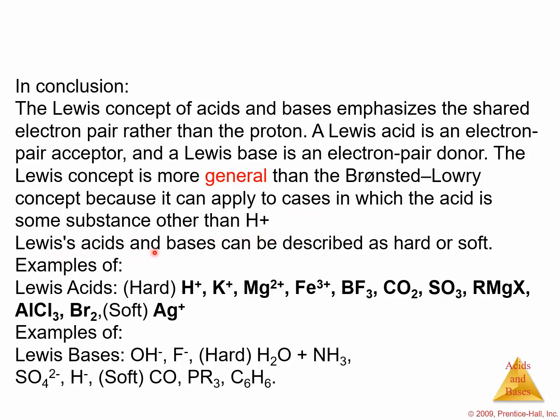Now, Lewis acids and bases can be described as hard or soft, and we have here examples of Lewis acids. H+ is hard, K+, Mg+2, Fe+3, BF3, CO2, SO3, RMgX, AlCl3, Br2, and here we have a soft Lewis acid, Ag+. Examples of Lewis bases: OH-, F-, and then we have water and ammonia as hard Lewis bases, SO4-2, then we have H-, and CO here is soft, PR3,